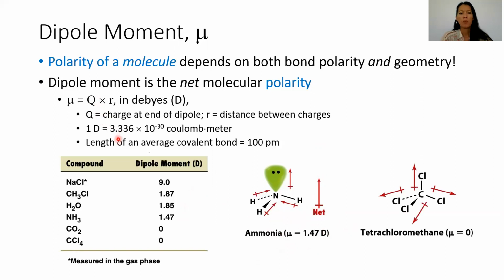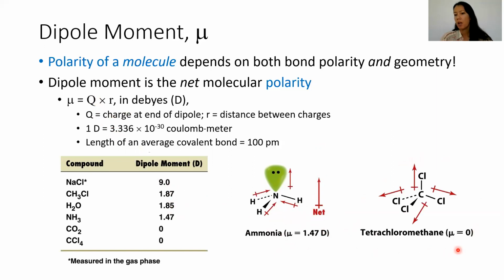You can calculate that. We're not going to do that in this course. I just wanted to show you that's out there. Water's 1.85. So this could give you a feel for the magnitudes of the dipole moments. We actually don't look at those, but I want to show you here for